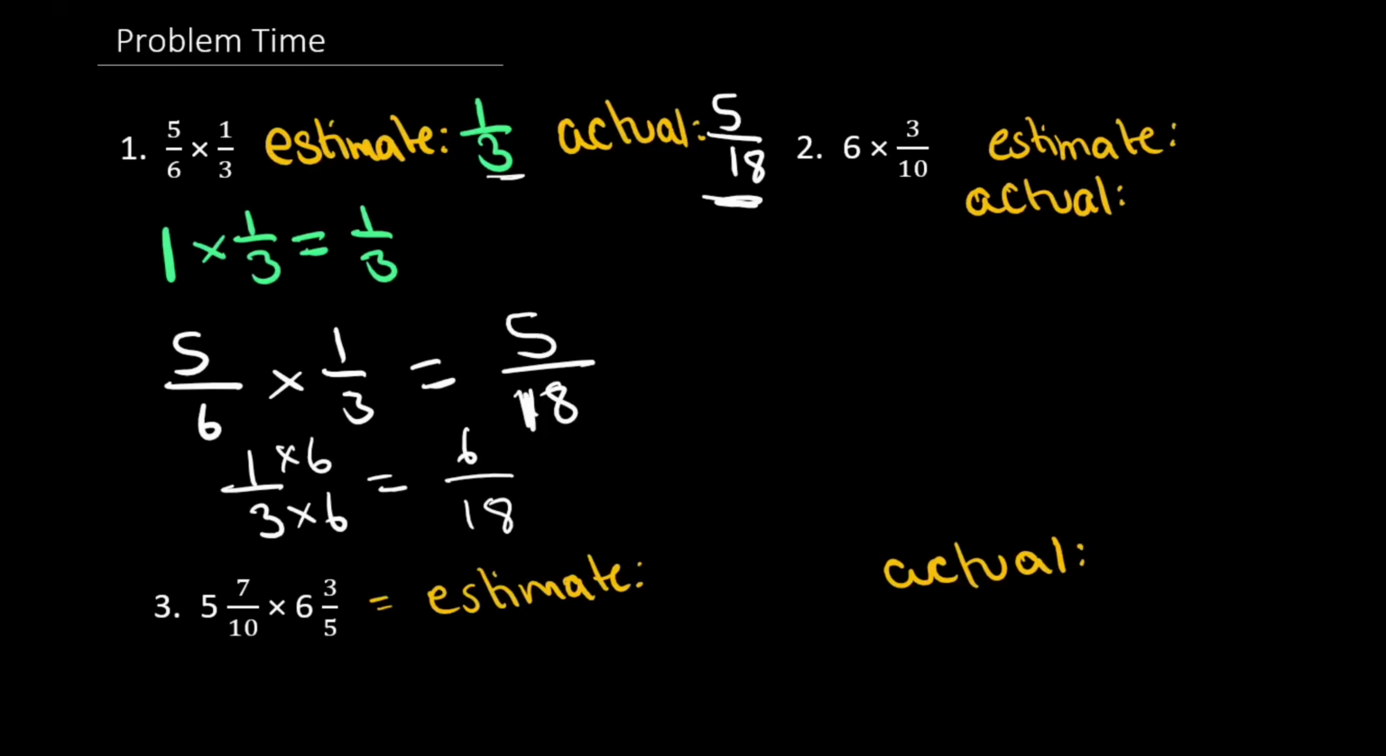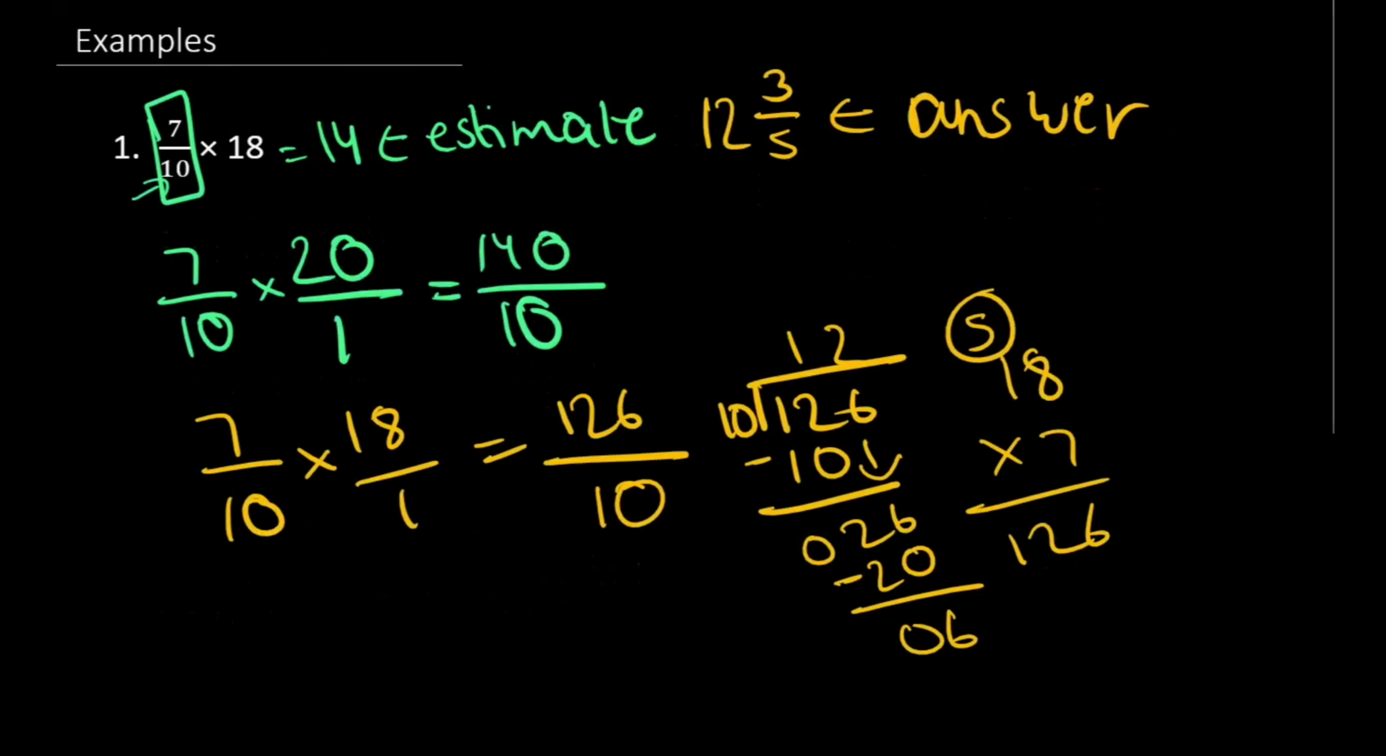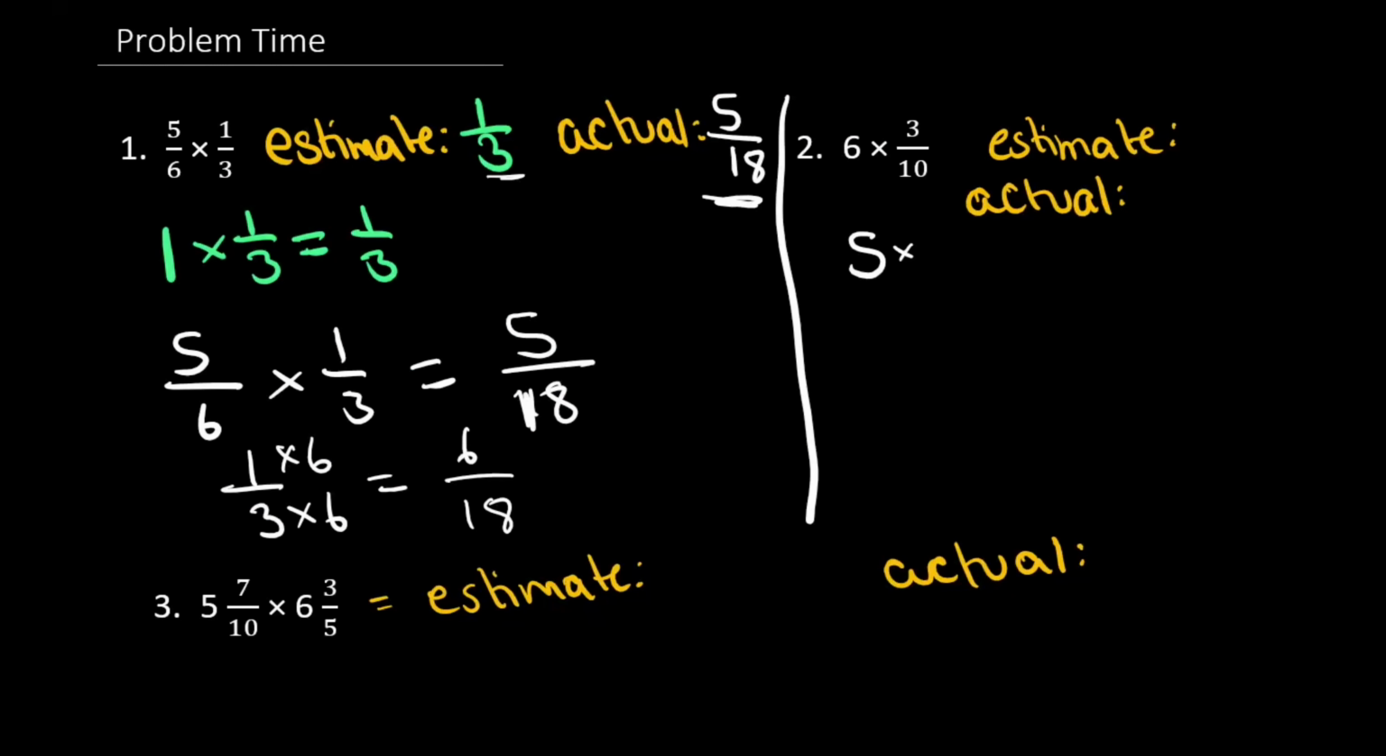Now let's do the second one. I'm just going to draw a line over here. And 6 times 3/10. Okay, that's our question. So we can round 6 to 5, and then 3/10 can stay the same, because remember what we learned, that if we have a 10, that's a compatible number, so we can just leave it the way it is. So 3/10,